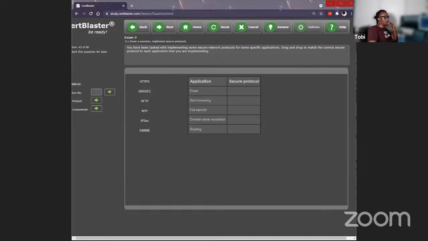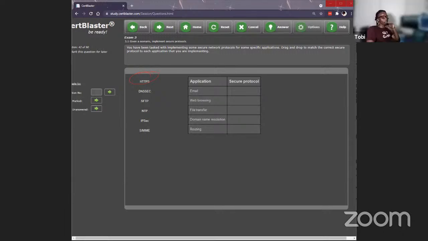So let's grab something we're familiar with. HTTPS, where are we going to drag that? Web browsing. And what port does that use? 443.